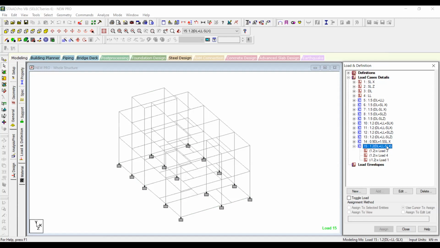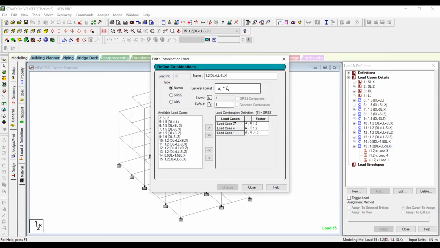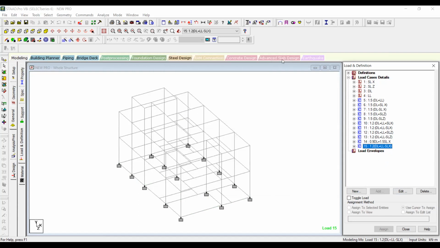So this is how you're going to add. In this edit format, you will get the load case details: 1.2, 1.2 and minus 1.2. This is in the minus x direction, that's why I've done it. Are you able to understand how to do that manually and how to do that with the Excel sheet? Yes, sir. Okay, fine. I hope things are very clear to you. Any other doubt, Surinder? No, sir.